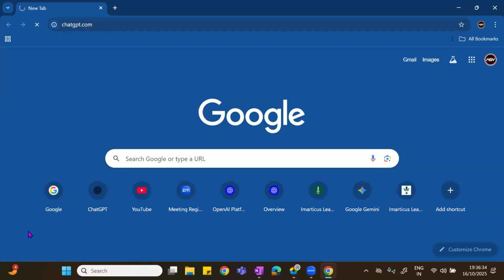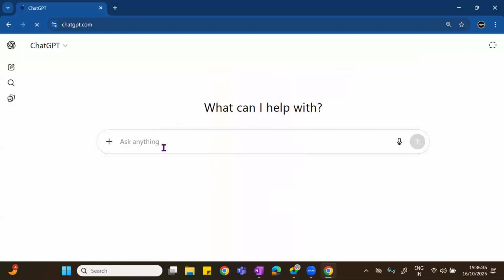If you take ChatGPT, ChatGPT is powered with an LLM. This ChatGPT is powered with GPT-5. Now you can ask it, what version of GPT are you powered with?